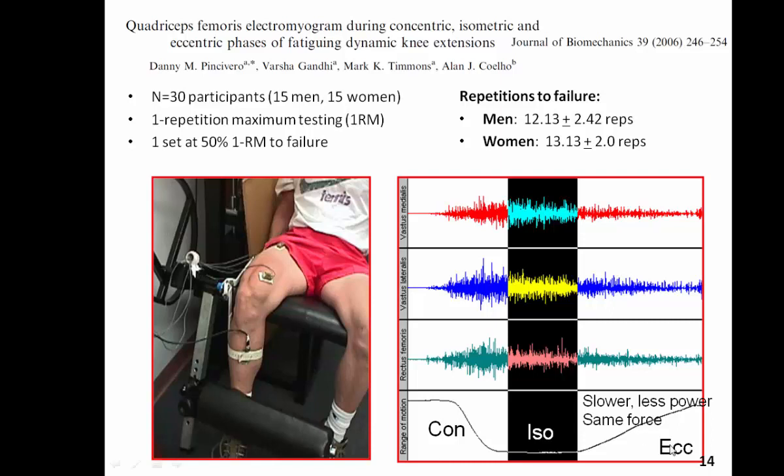Now, keep in mind that the loading was the same. So, the person performed the extension, held it for 2 seconds, and lowered it back down. The weight on the device was the same. Now, if we take a look at the magnitude of activation of the muscles performing this maneuver, we see the